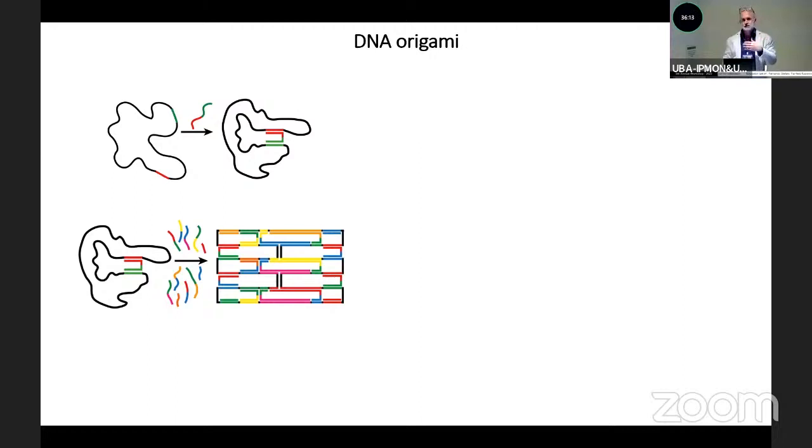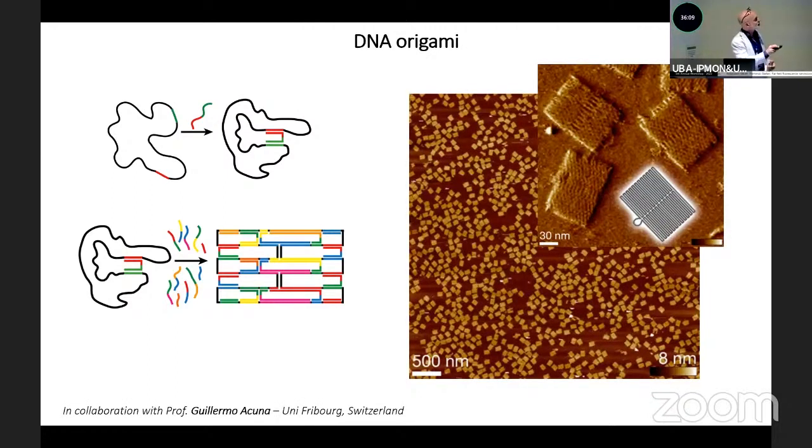And you can do that in many different ways. I show you here this small rectangle, and here you see some examples of real life. So if you do this, you can prepare zillions of nano rectangles made of DNA by self-assembly. So they form automatically. It's wonderful. And on top of that,